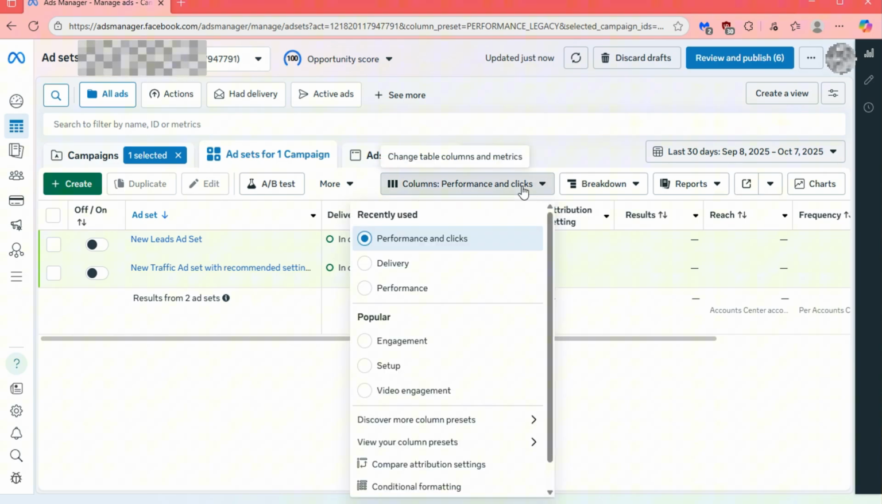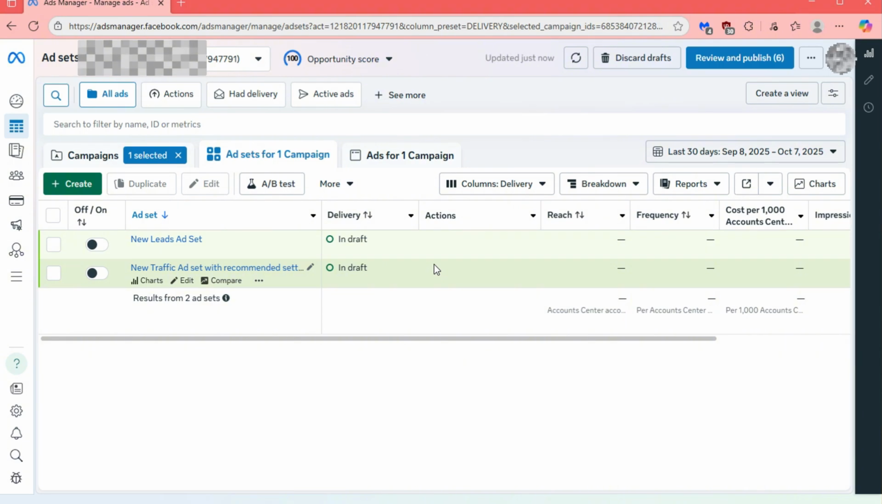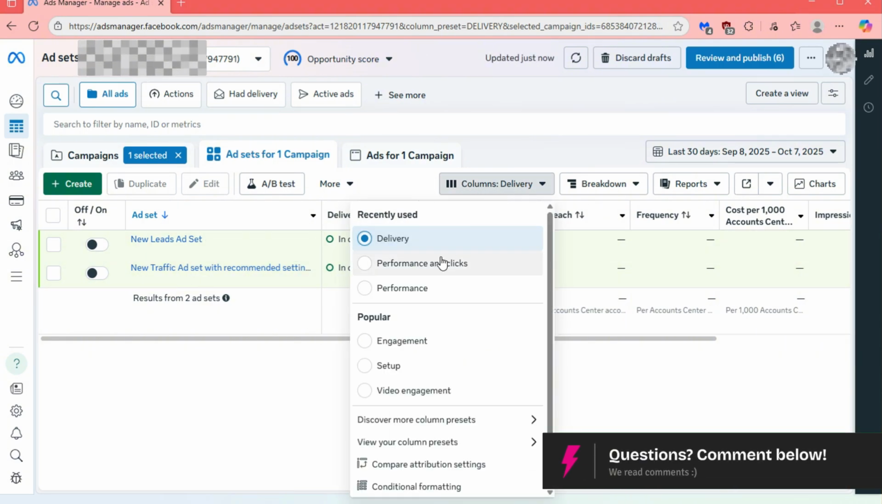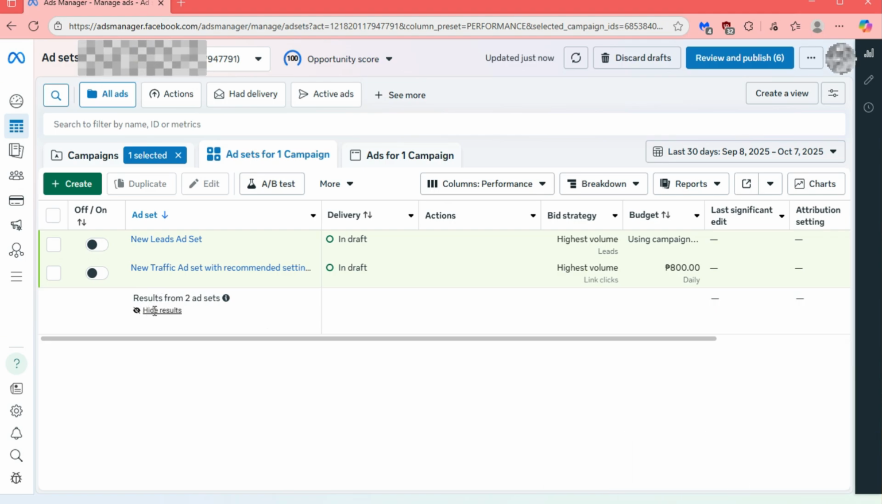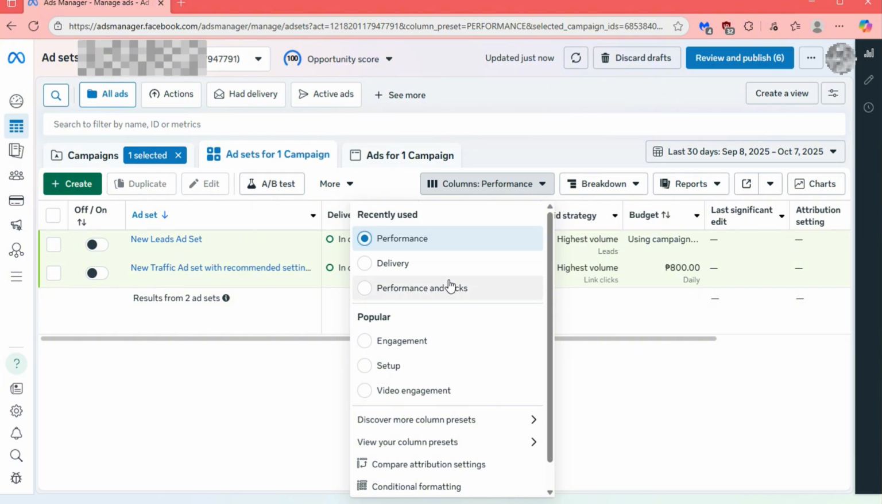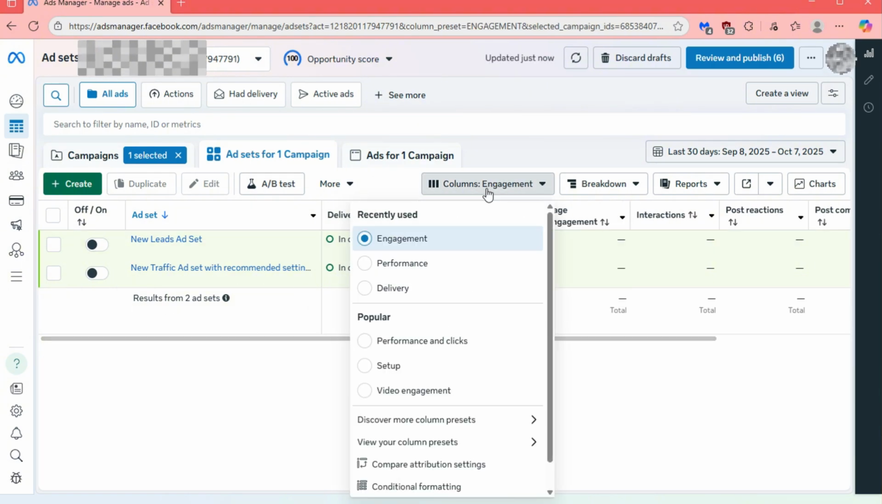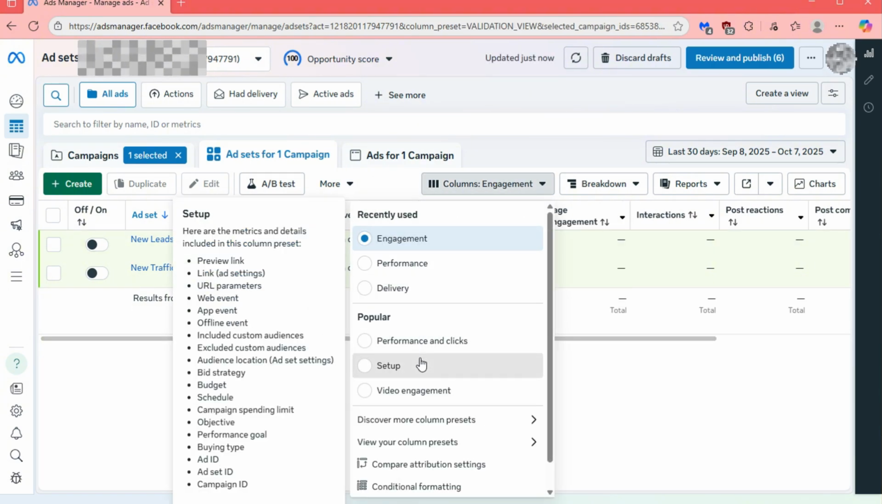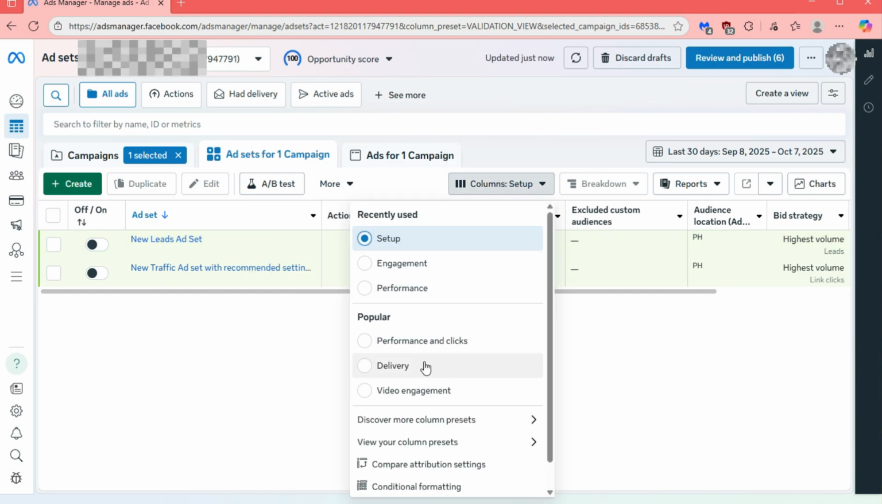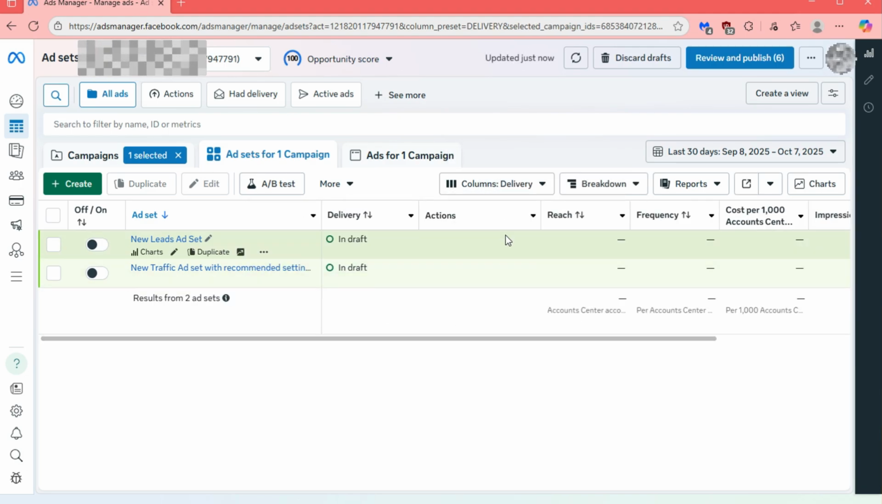Click on that. A drop-down menu will appear where you can choose how your data is displayed. You can select from categories like delivery, setup, or engagement to view specific performance details. You will also notice some popular presets such as performance, performance and clicks, and video engagement, which show the most